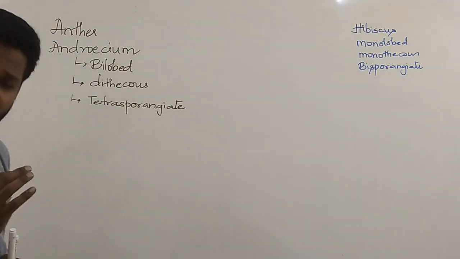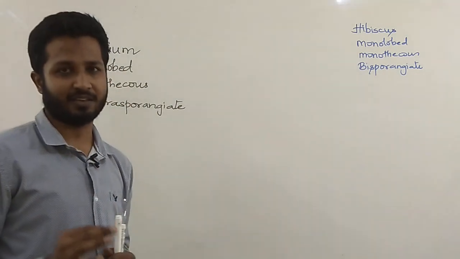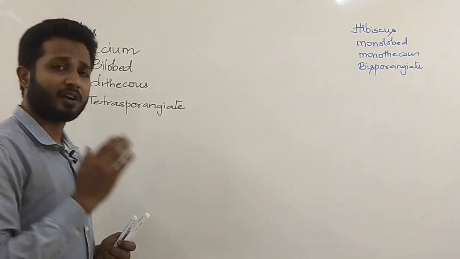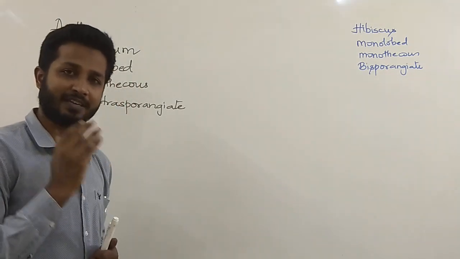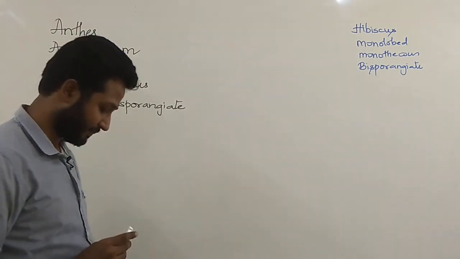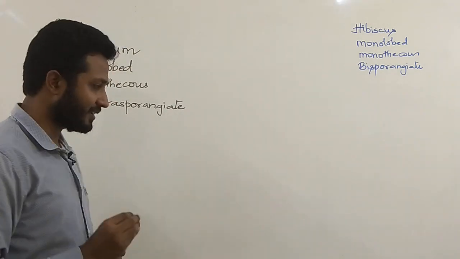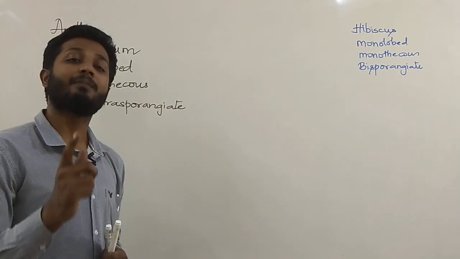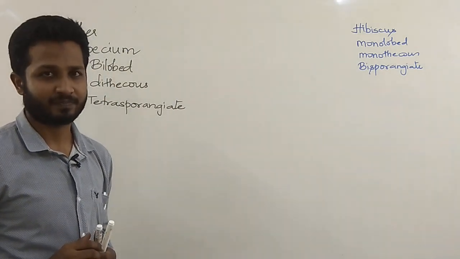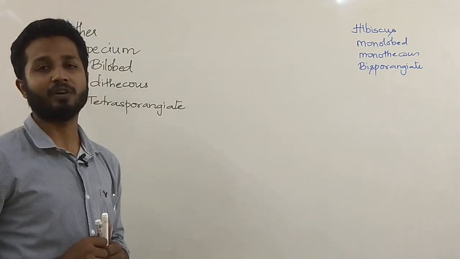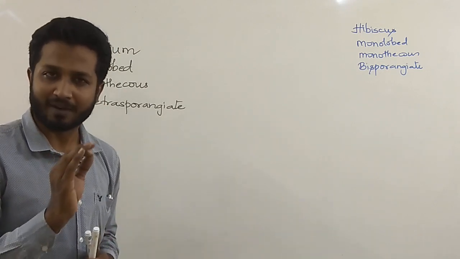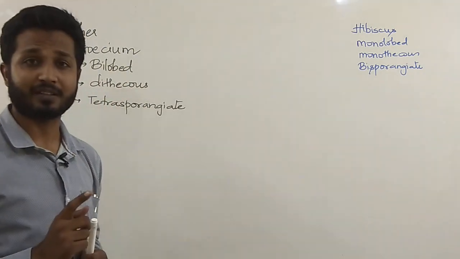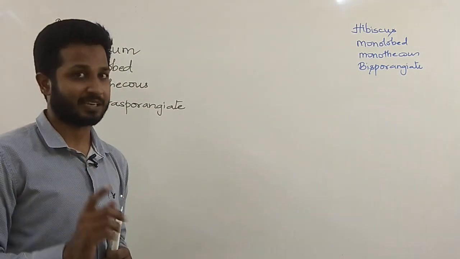The first and foremost 5-mark question which can be asked in the board exam with respect to this chapter is: draw a cross section of an anther, or draw the TS, transverse section, of an anther. How to draw? Drawing is important. Scientifically, the diagram should be true, but labeling is more important in our syllabus. According to the pre-university board, they don't give you marks for the diagram at all. They give you marks for labeling. So you need to remember that labeling should be done precisely.